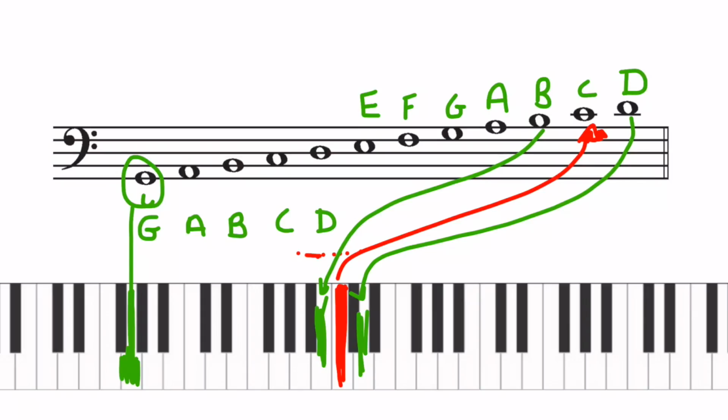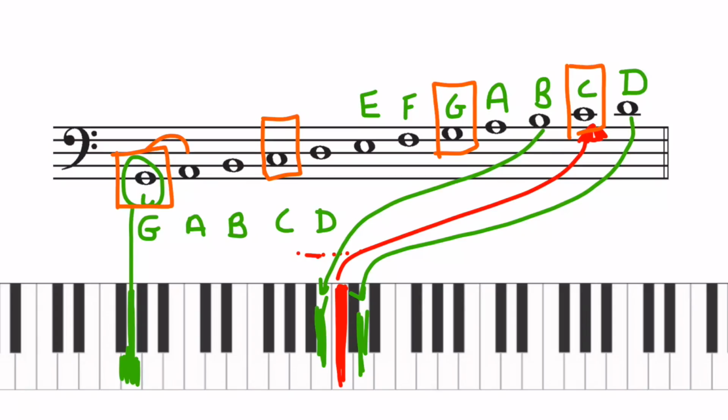And when we're looking at trying to remember our notes, sometimes it's really good to think in signpost notes. Very often those signpost notes are notes like G being the bottom line, and then we've got another G being the top space, C is in the second space here, and then of course we've got middle C there. If you know those ones and really remember those ones, everything else you can kind of work out, because